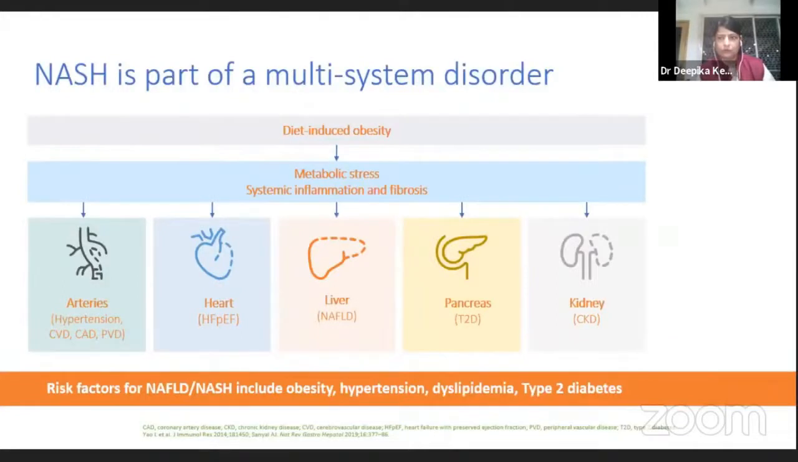NASH is part of a multi-system disorder. At its root cause is diet-induced obesity, and even in lean individuals with NASH, such as those that you see in India, there is an increase in visceral adiposity and all of the biochemical markers that go with increasing adiposity. This in turn leads to metabolic stress, systemic inflammation, and fibrosis. The net consequence of this systemic metabo-inflammatory and fibrotic state is reflected in